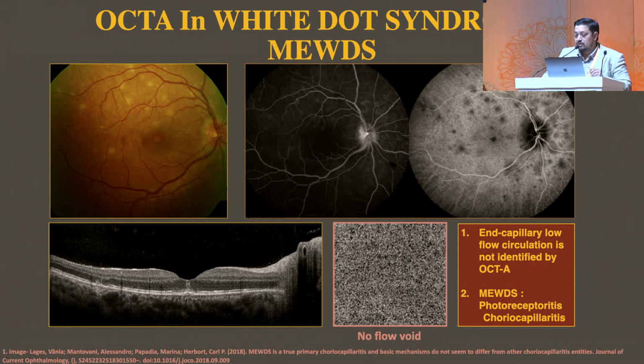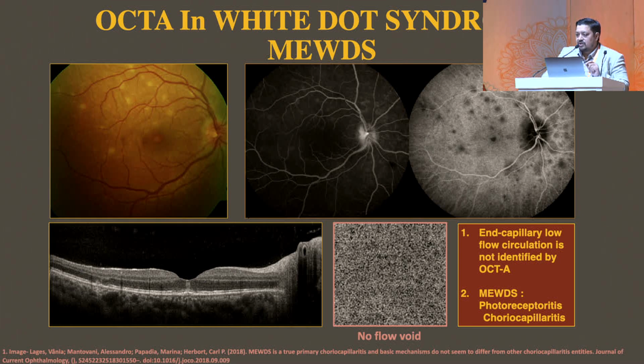Another white dot lesion is multiple evanescent white dot syndrome, which looks like these pinpoint white lesions, seen on OCT as outer segment loss, photoreceptor segment loss. On ICG in this patient, again you see these hypofluorescent areas. But when you do an OCT angiography in these patients, you don't see any flow void areas in the choriocapillaris plane. This is where the limitation of OCT angiography helps you refine the diagnosis.